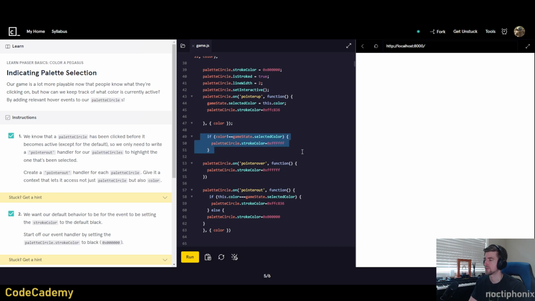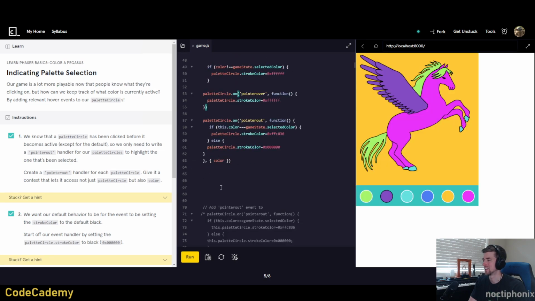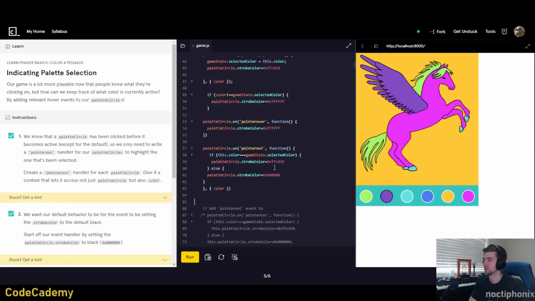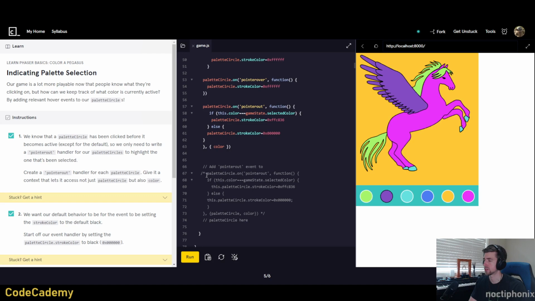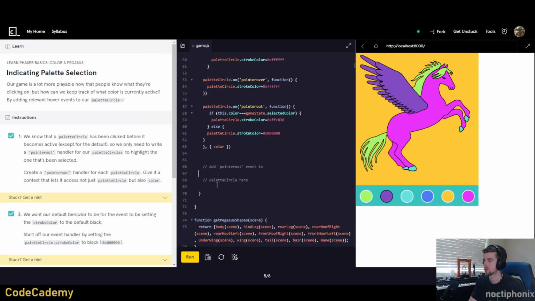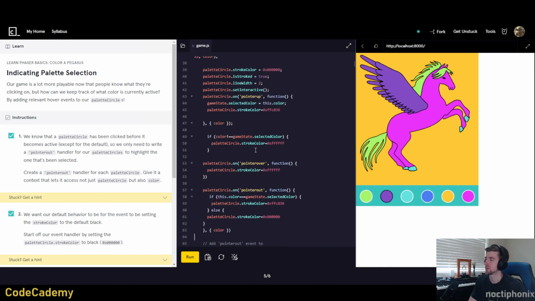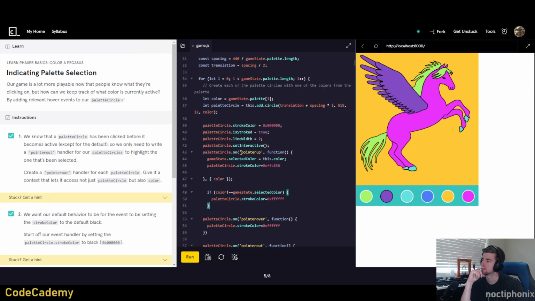This needs to happen every frame, essentially. This is redundant at this point. We don't need this. Okay. So, color is set to the index of I in the palette. So this for loop runs, it populates the palette circles, and then what? It does keep running though, because we see that when we click it,